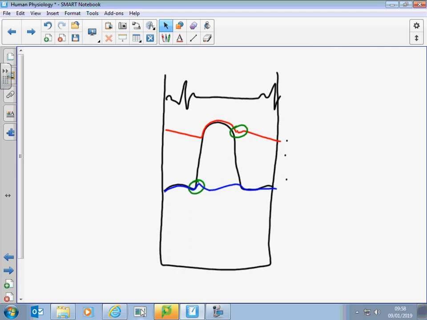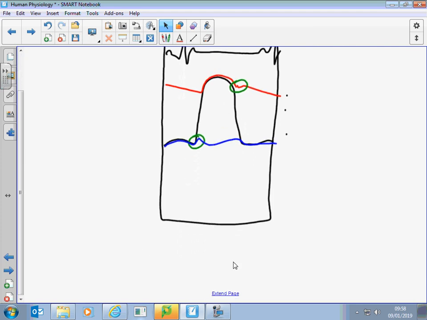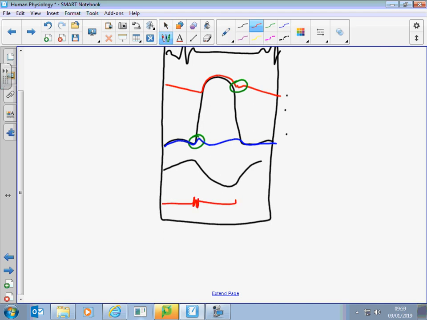Okay, the other things that you've got on there are reasonably obvious, I guess. You've got the third part of this, volume of the left ventricle. Well, the volume of it is going to be greatest when it's full and smallest as it contracts and empties. So as the ventricle fills, you'll get an increase, and then as it empties, it'll go down, and then it'll relax, it'll start filling up again, so you get that. And then the line you've got across the bottom there, you've got your heart sounds associated with the valves, so there they are, like that.